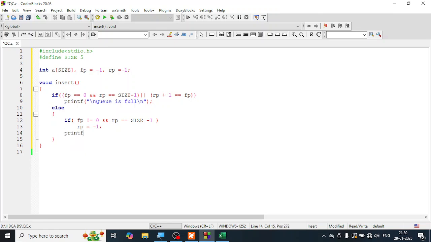So let me write the printf statement, and I'm going to say \n, enter a number, and put a space here. And I'm going to read the element. To read, you know very well, you use the scanf, and I'm going to use the %d. And I have to put it in the queue, which is named as a. So this is my q, that is the array. Okay. So a of